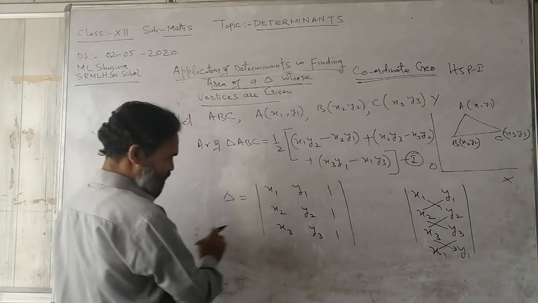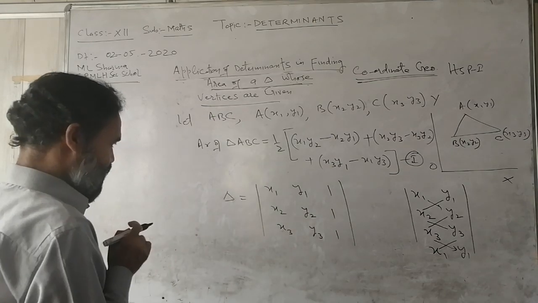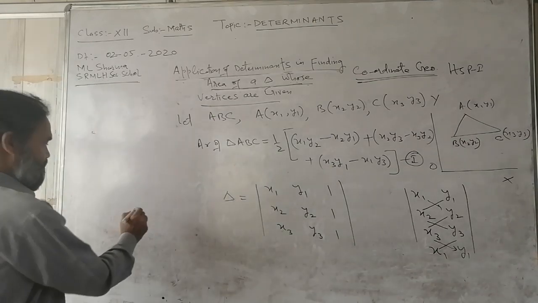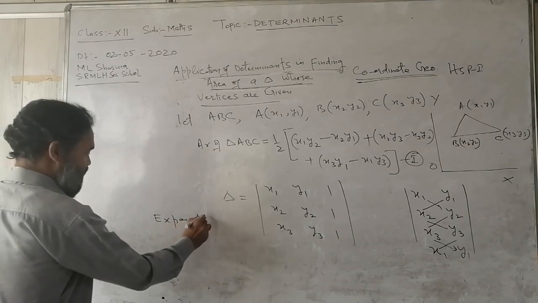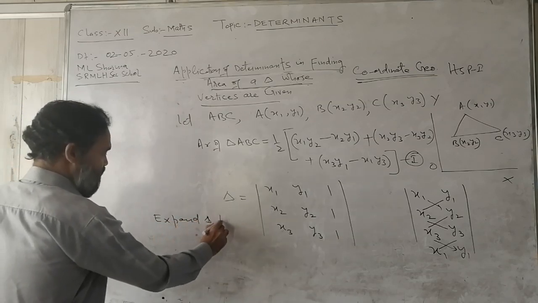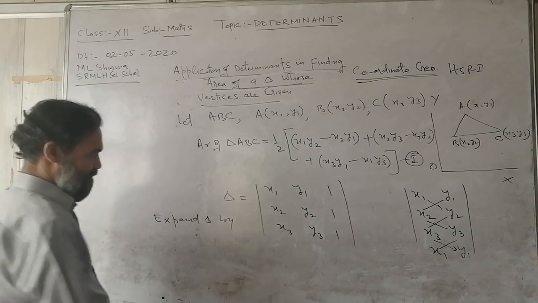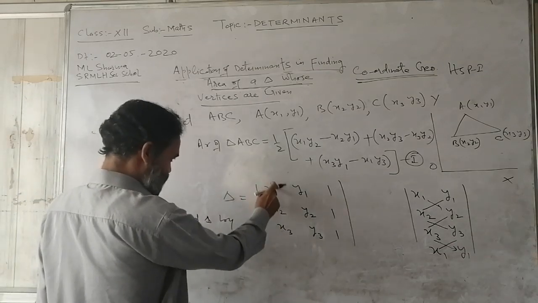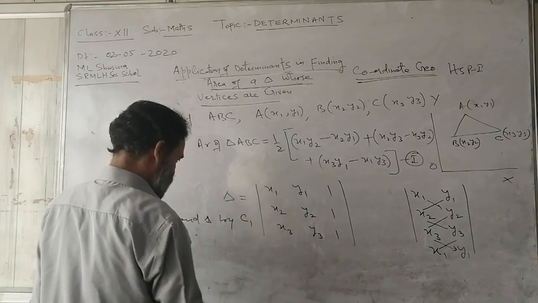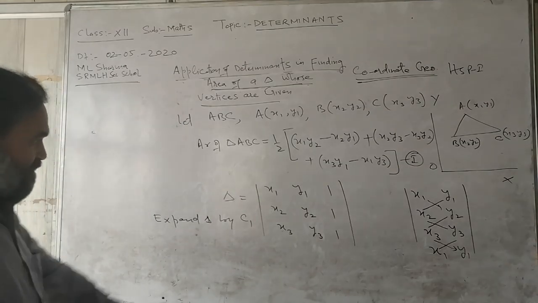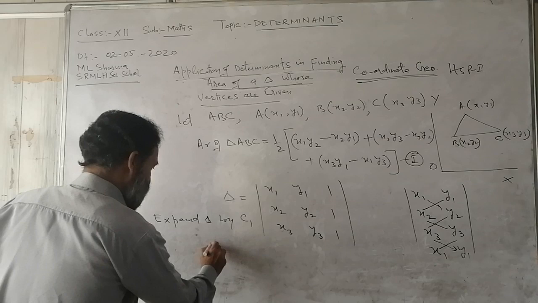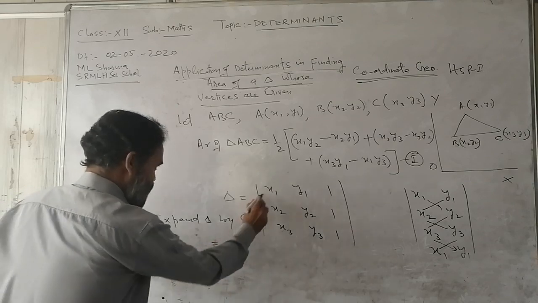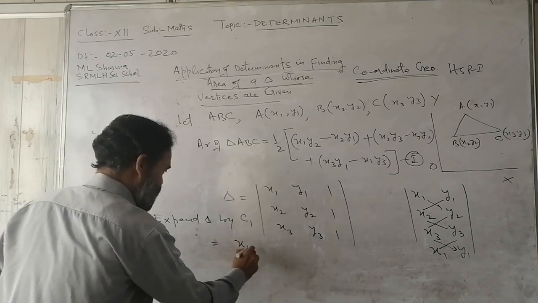These are the elements. So if I expand this determinant by making use of C1, that is the first column, so using the first column I will have the first element x1